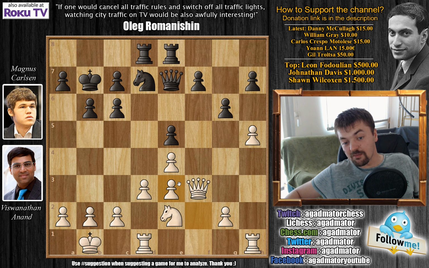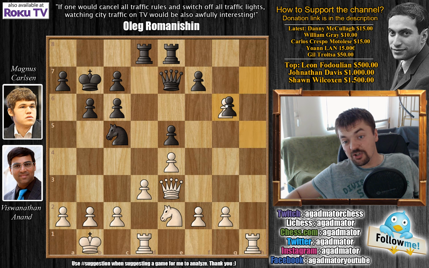The position would become more flexible, and maybe there would be more options for Anand to choose from. But okay, he goes queen captures on e3, and now knight to c5. We have h captures on g6, h captures on g6, and now g3. Carlsen pushes a5,